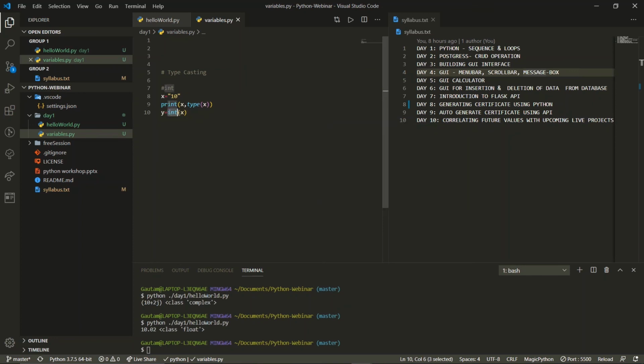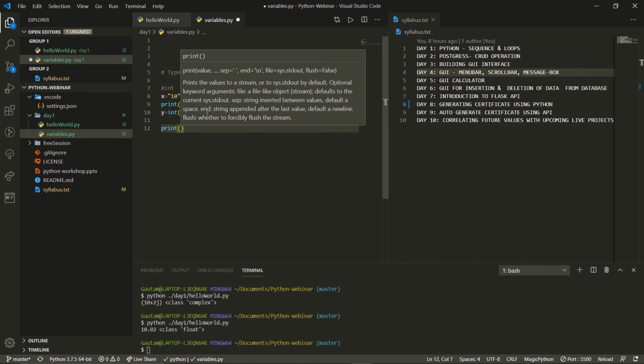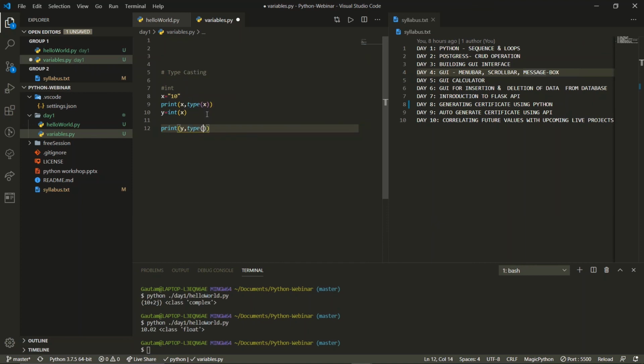We just need to write the data type we want to typecast to, and we need to typecast the variable x. So right over here, we'll print y, comma, type of y.